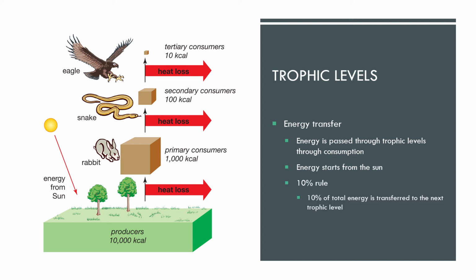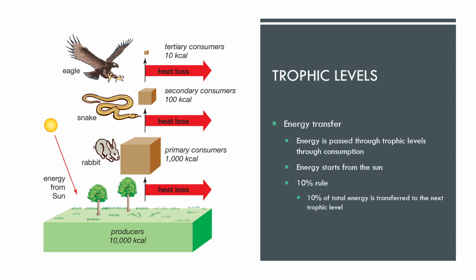As something is getting consumed, it's only going to give 10% of that energy to the next level, whatever is eating it. Most of it is going to be given off as heat. That's most of the energy we lose, through heat. To maintain our bodies at a specific temperature takes a lot of energy. We lose most of the energy to that. So the producer is going to make 10,000. The rabbit is only going to get 1,000. It's going to get 10% of what was in the previous one. It's going to lose 90% of it to heat loss.